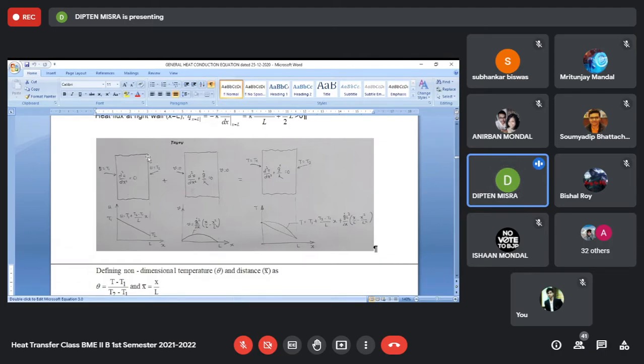Whereas on the right hand side, again if we make a dot product of the heat flux and the area, the heat flux is in the positive direction, and the area is also in the positive direction. So the heat transfer rate will be the dot product of heat flux and area, equal to the magnitude of the heat flux into the magnitude of the area into cos of the angle between them, which is 0. The angle between the heat flux and the area is 0, so cos 0 is equal to 1, so it becomes positive.